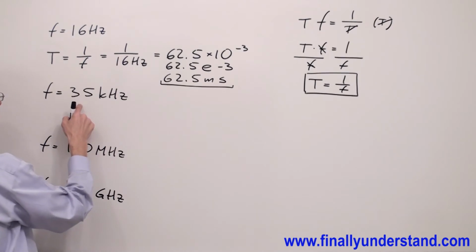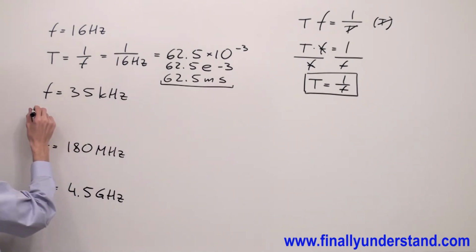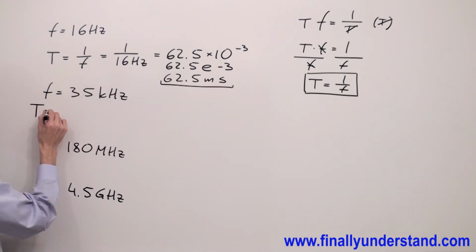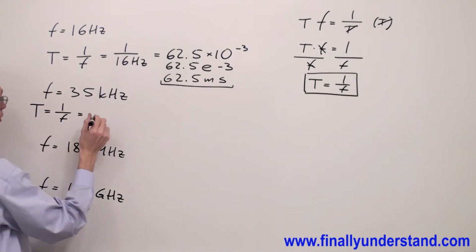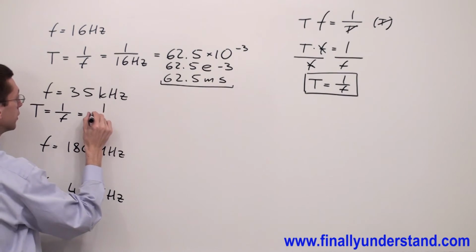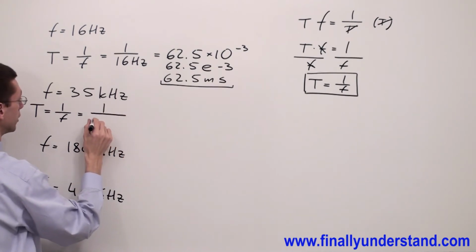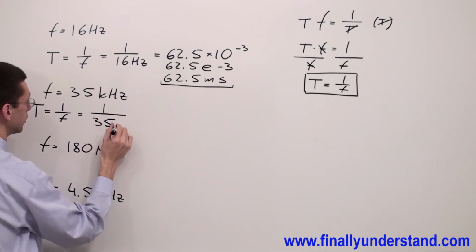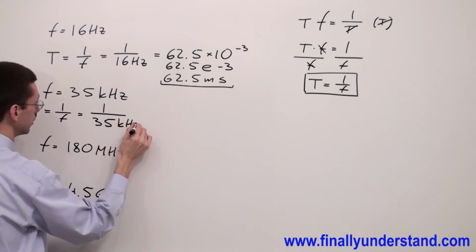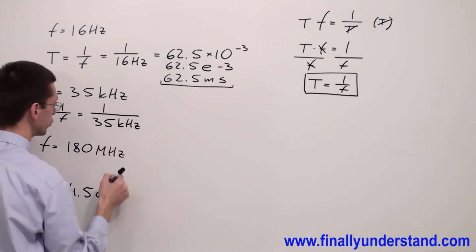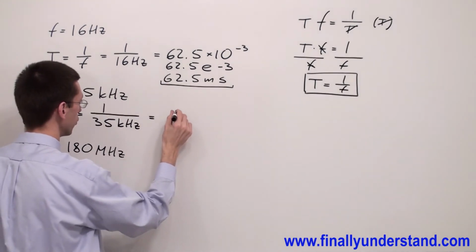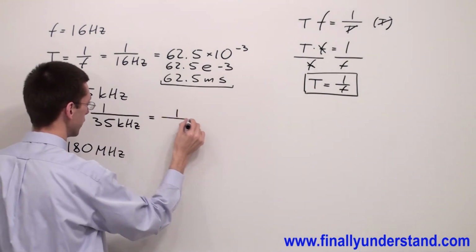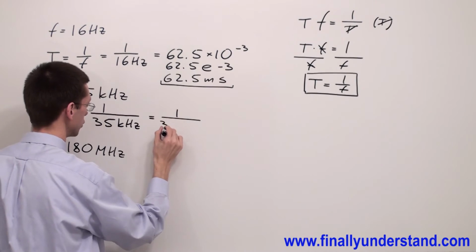Let's take a look at this one. Again, I'm supposed to find the period. Period is equal to 1 divided by frequency. This is equal to 1 divided by 35 kilohertz. How are you supposed to enter this into the calculator? Simply type 1 divided by, and you are going to have 35